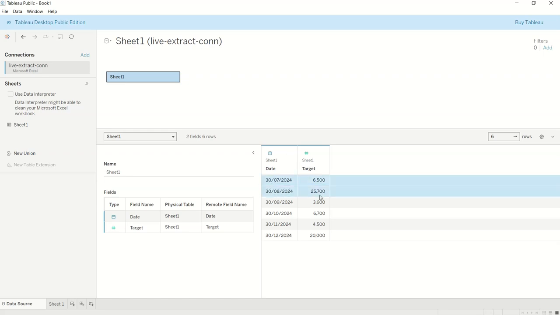Now if you take a look at this place, you have a very small data set, and it's just for demonstration purpose. We have date and we have targets, right? It could be sales. I'll just leave it as target, and let's say we want to create a visualization with this. Now looking at this place,